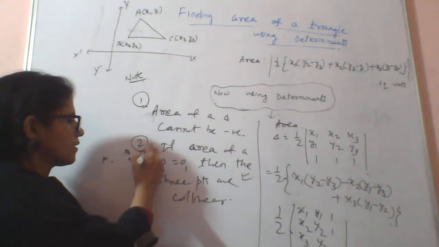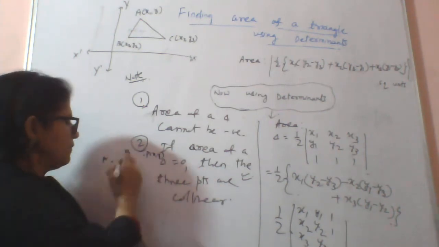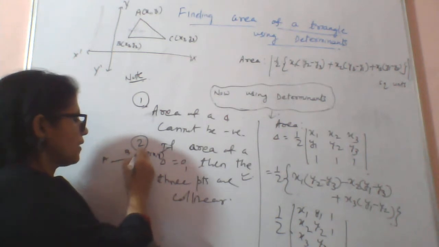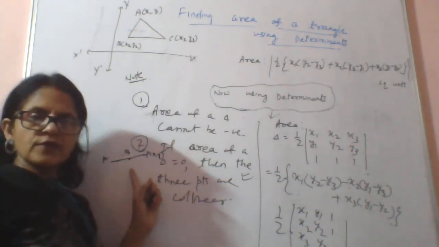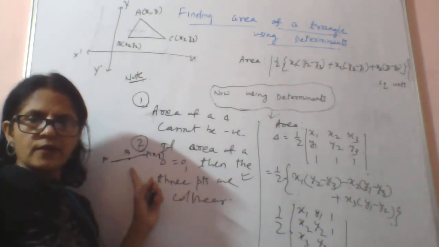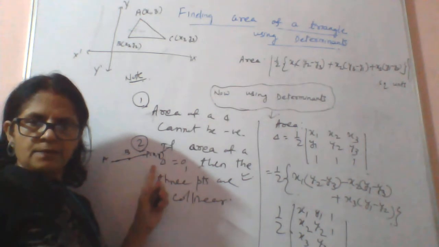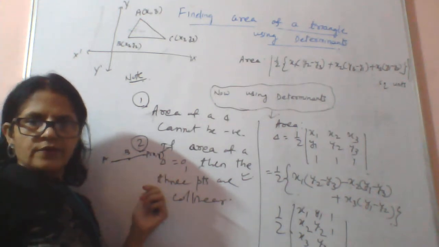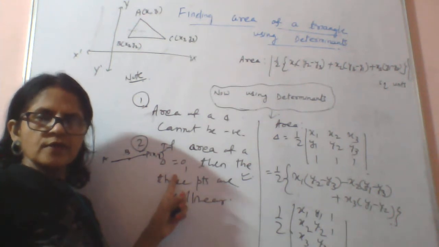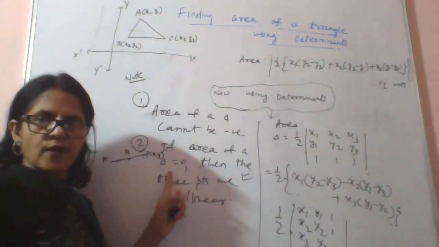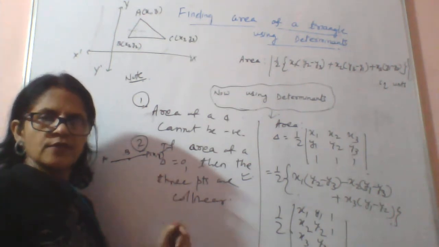We can take any point P(x, y) on the line. Now we have AB and PB. A, B, P are on the same line, so the area of the triangle formed by A, B, P will be 0. Okay, so the second concept will help us to find the equation of the straight line passing through 2 points using